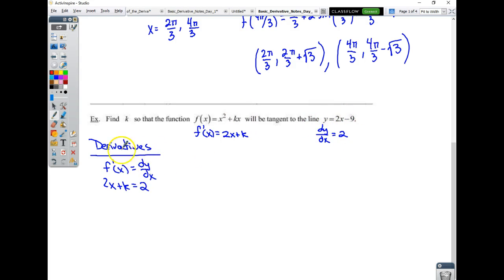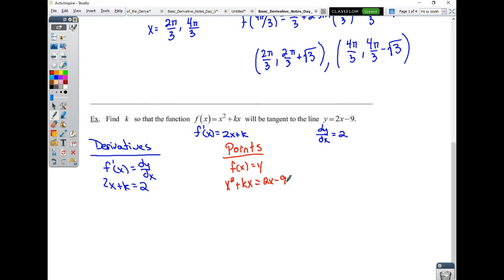The other thing I need to account for is their points. If these are tangent, they should share how many points? 1. So I need to set f of x equal to y, or x squared plus kx equal to